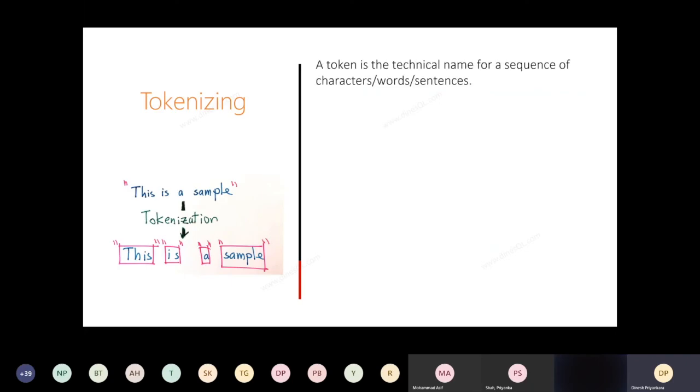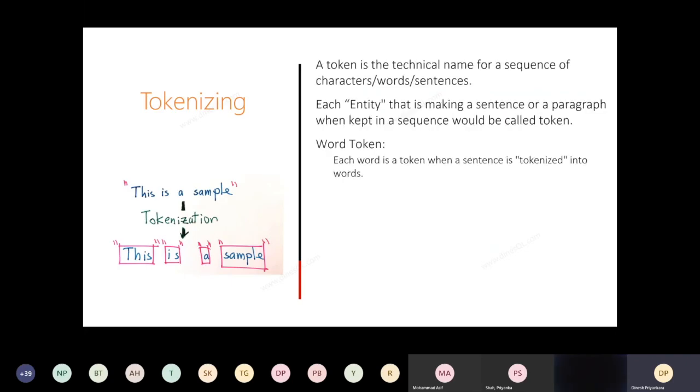So tokenizing, I explained this. We talk about word token and sentence token. If you have to tokenize a document and you need to take everything as sentences, you'll be going through sentence tokenizing. Or if you have sentences and you want to split into words, you can go for word tokenizing.